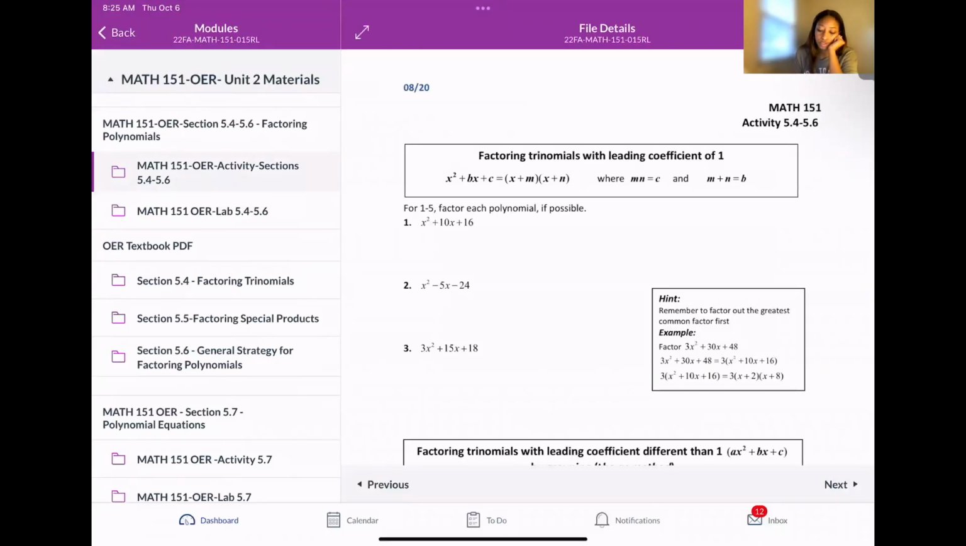Activity 5.4 to 5.6. Again, we're going to talk about factoring trinomials, where our leading coefficient is 1. We'll start with that. And then we're going to talk about factoring by grouping, we still have that. Factoring special